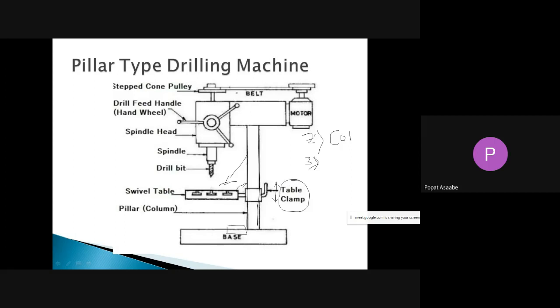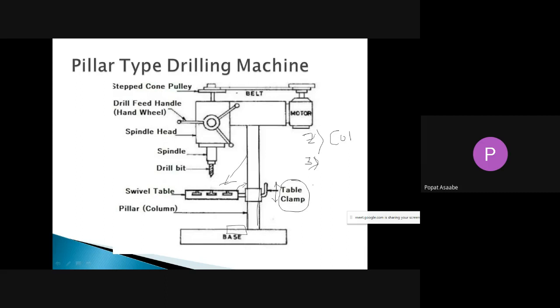And why do we move it up and down? To adjust the height.